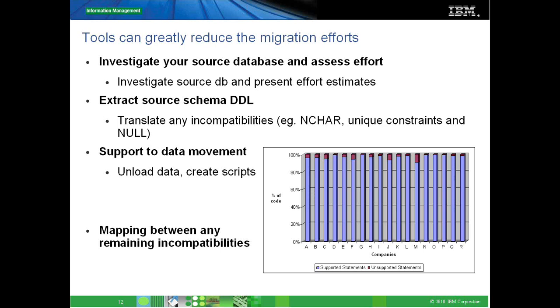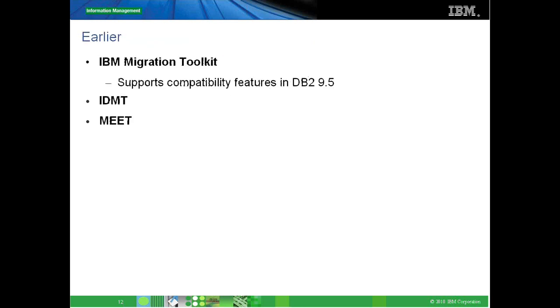In fact, in version 10.1, in the early access program that we had for DB2 version 10.1, we saw that for most of the applications that were chosen for migration, we achieved nearly 98% compatibility, which means that out of the 100% code that we had, we really had to look at only tweaking the 2% of the code. So just imagine if you're looking at 1,000 stored procedures, we were only looking at 20 stored procedures to be looked at and not worry about the remaining 900 odd procedures, which again, like I said, greatly reduces the amount of effort that we put in for migrating applications onto DB2.